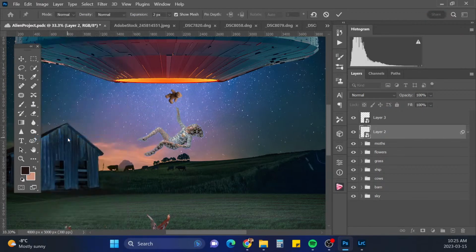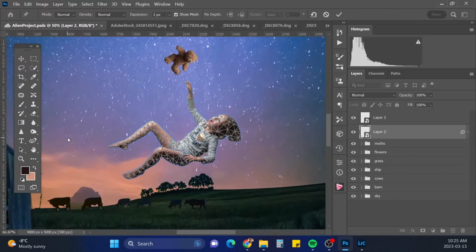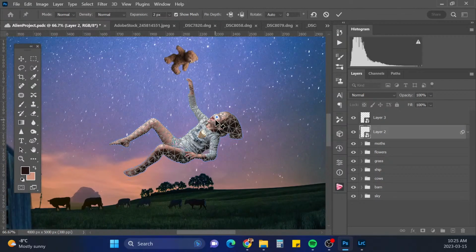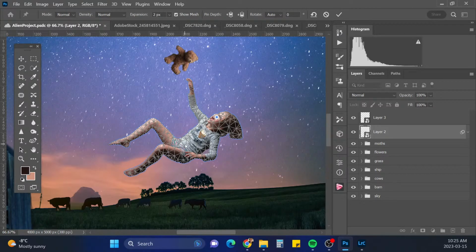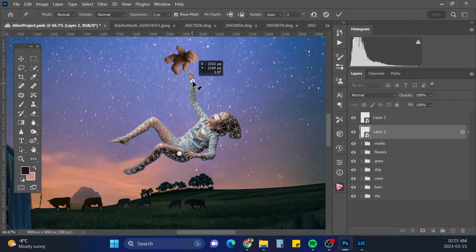So I have a few more minutes left before I have to leave. So we will keep her face where it is. I want this, oops, my puppet warp has been weird lately. Okay, there we go. I just kind of want to stretch this arm up a bit. Yeah. And